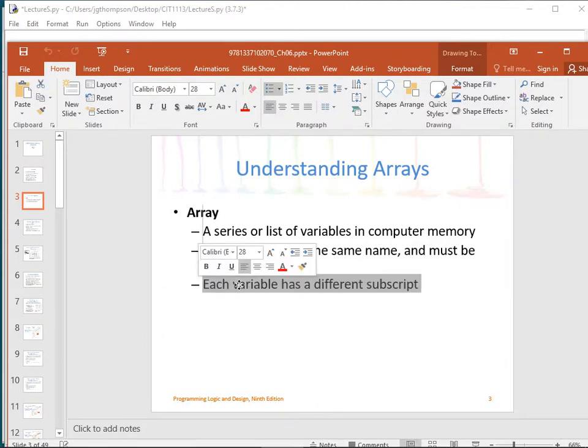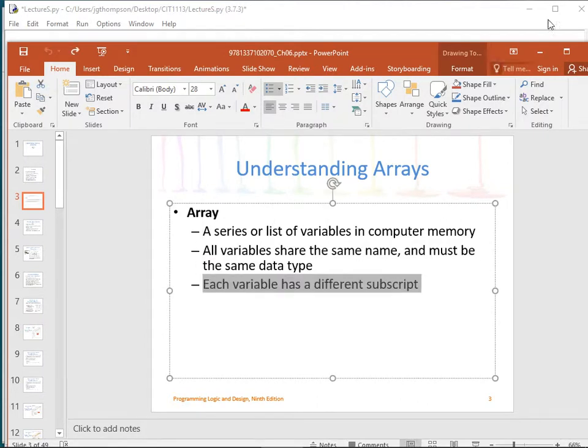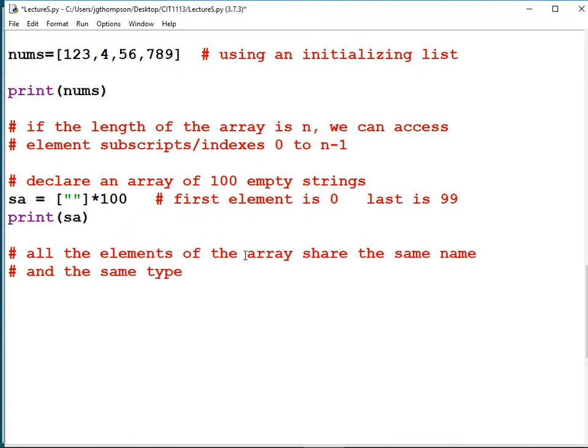And every element has a different subscript, a different index. Each element has a different subscript, parentheses index. Same idea. If I say name subscript 1 or I say name index 1, they both mean the same thing, and then what you type is name square brace 1 in square brace.